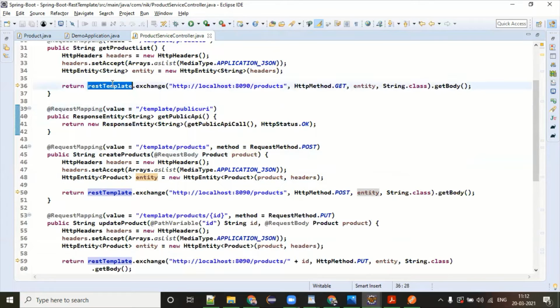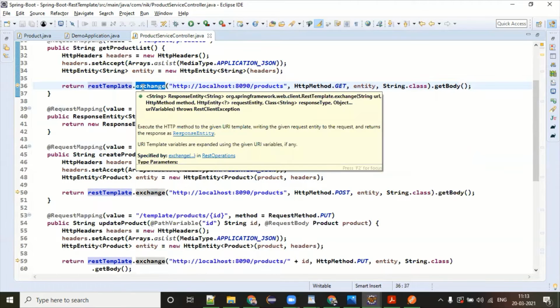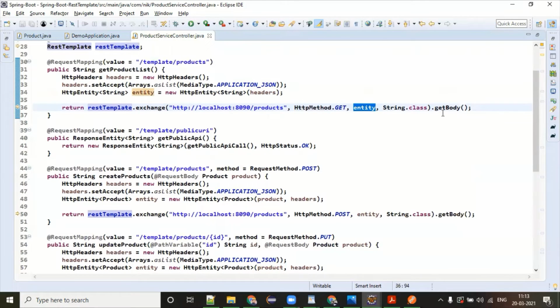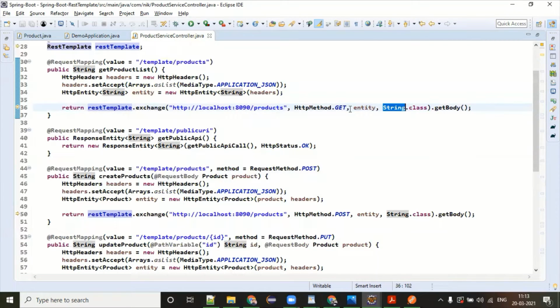But majorly you have to focus on this REST template where we are calling the exchange method. What is this exchange method asking you? It is asking you to give URL, what is the method, and what is the entity, which is your HTTP entity. So maybe you are looking for a JSON object, then you can write code in such a way that your model class, so let's say you have a class called product class, you can directly give the product.class here, and it will give you the complete details. But right now I'm expecting the string value, so I have taken the string.class and then getBody.